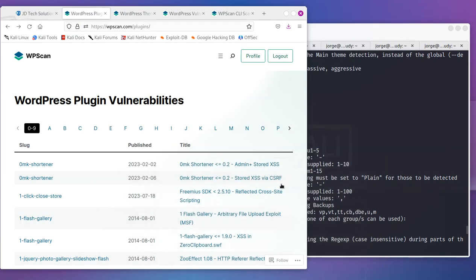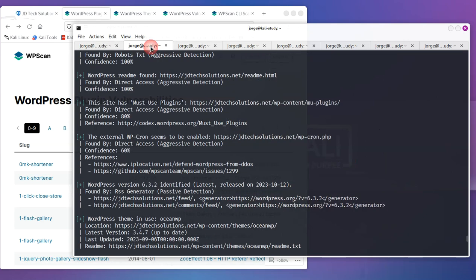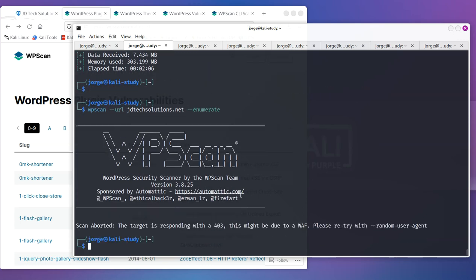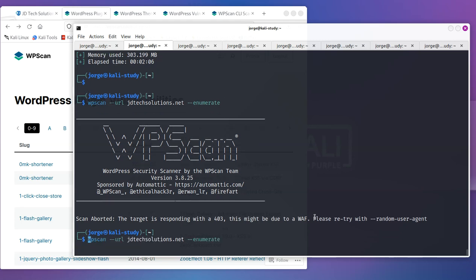So, anyway, let's come over here. I ran this before. It takes some time to run, depending on the site. The first thing that you would like to do is just run it: do URL, the site, and enumerate. Boom, hit that. And in this case, I'm going to get an error message because I have that site behind a firewall. As you can see, the system is telling me, you know what, just run a random user